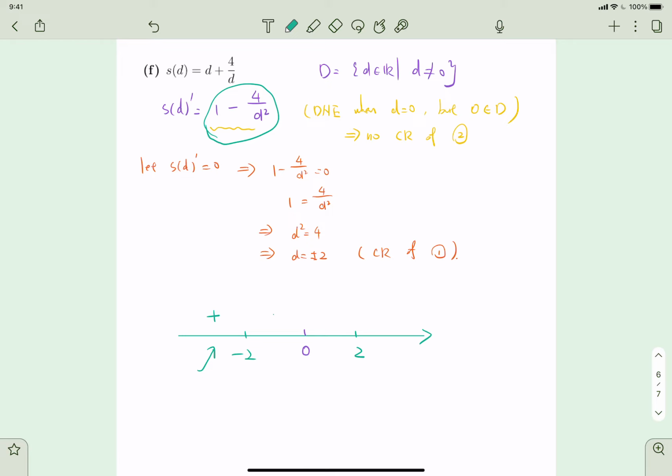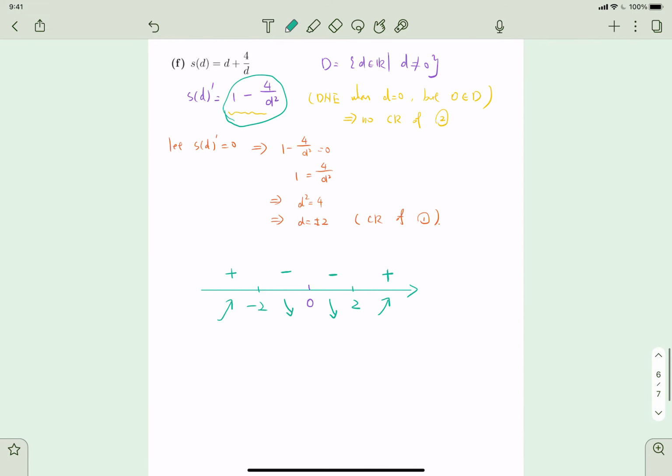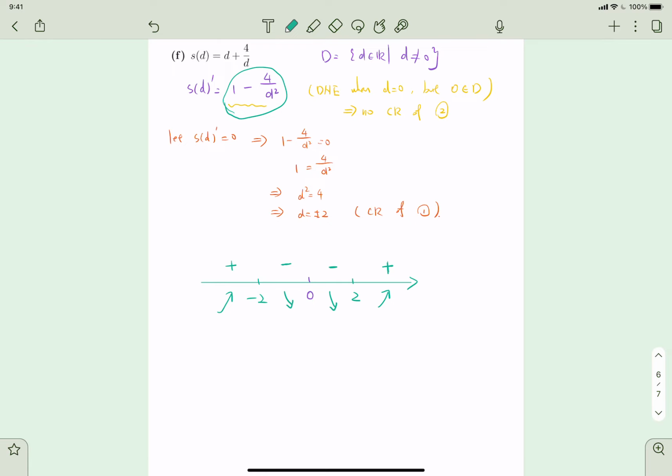for example, 1, right? 4 divided by 1 squared, that's 4, and 1 minus that is negative, right? So it's decreasing. You can see that's also decreasing here, right? Negative. And at there, 1 minus, for example, 3, same as the negative 3, is positive. So increasing here. Okay? So after figuring out this information, we know that the